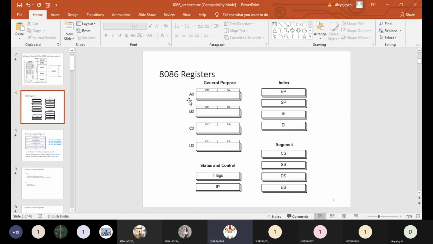Yes, ma'am. So here you just remember that BX, the base register, will store the offset address for one segment. For which segment it will store the offset address, I will explain while explaining the index and pointer registers. As of now, you just remember BX will store the offset address. And next